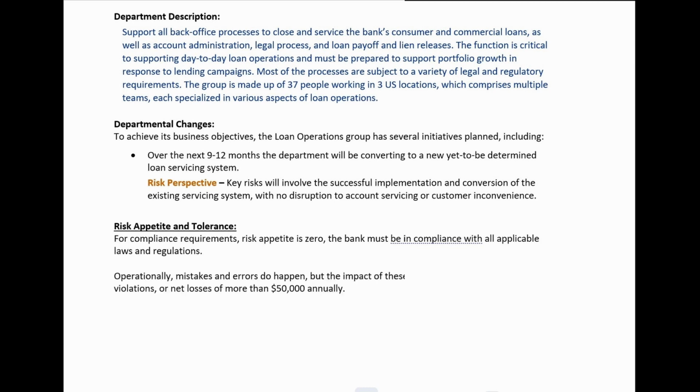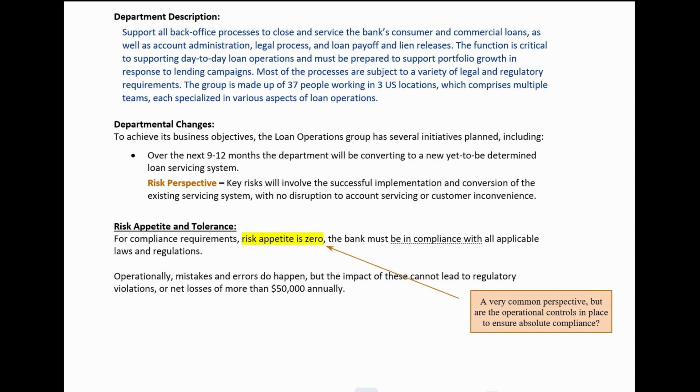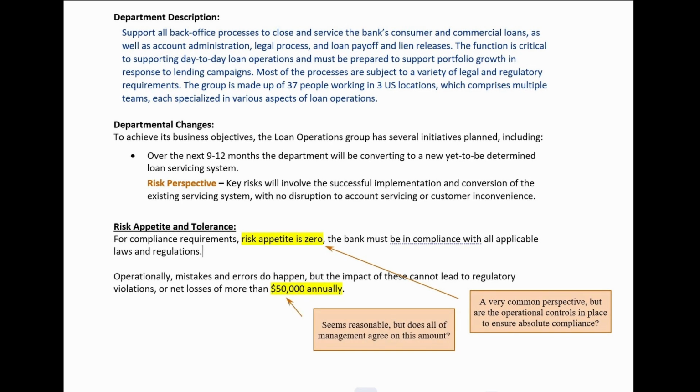Then operationally, mistakes and errors do happen, but the impact of these cannot lead to regulatory violations or net losses of more than, say, $50,000 annually. So again, a couple things here. We're talking about appetite of 0. That's fine, but as we talk about mitigants, there's going to have to be the mitigants in place that back that up. And we talk about a potential loss amount that seems reasonable, but does everybody agree internally and up